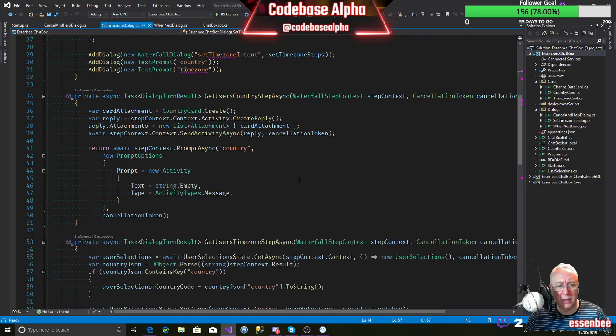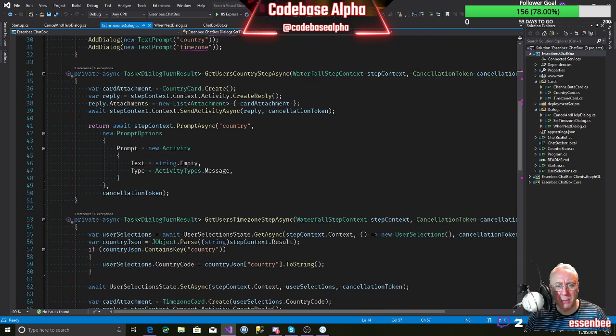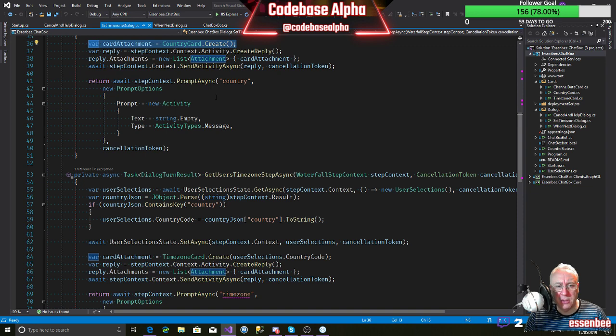As you can see here, this is the get country step async, and the first thing we do is create a country card, and that's our adaptive card, and we've put that as an attachment to our reply. And then we feed that through to the next step of the dialog.